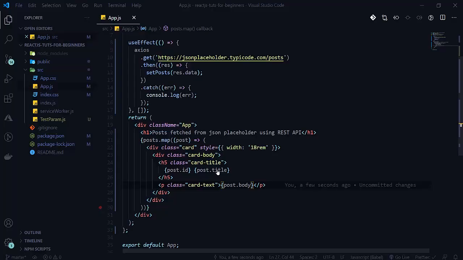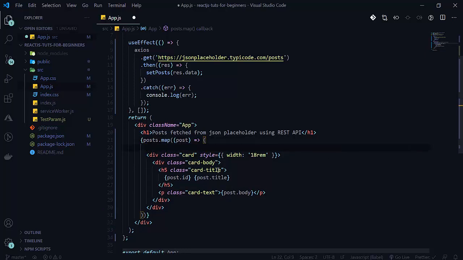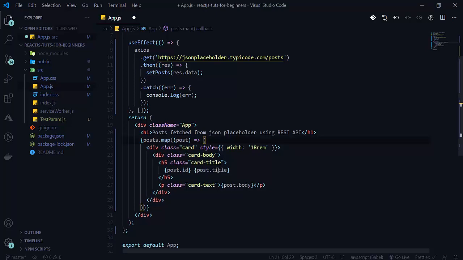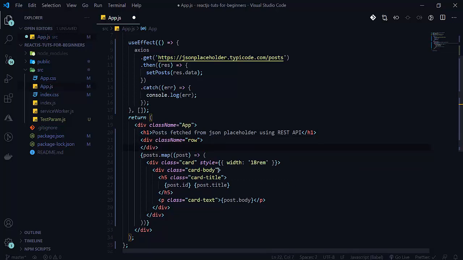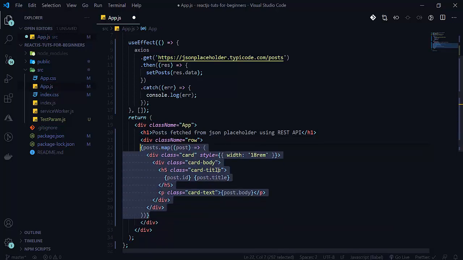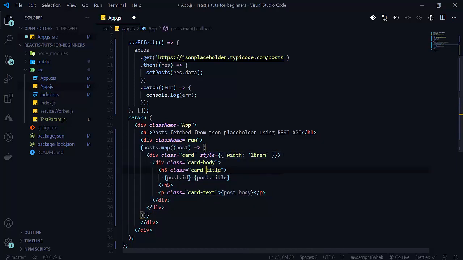So let's write them in one row. Here will be our div with className equal to row. After that this will be in the row. So save this, and now we are going to change this class.